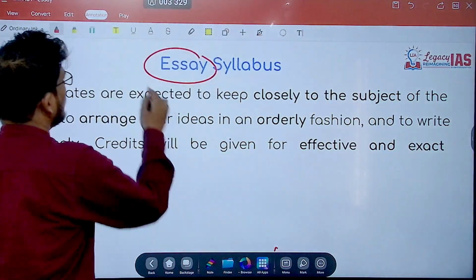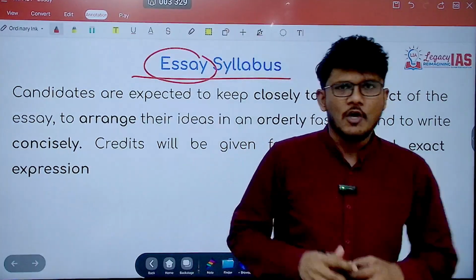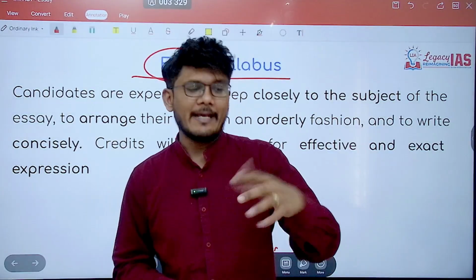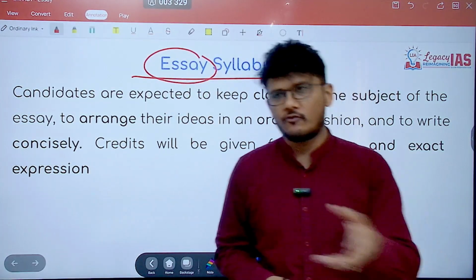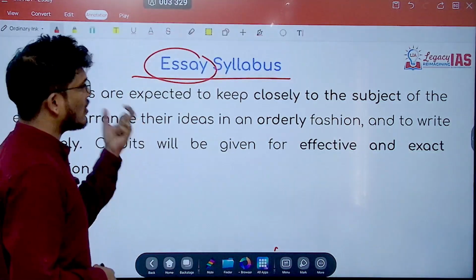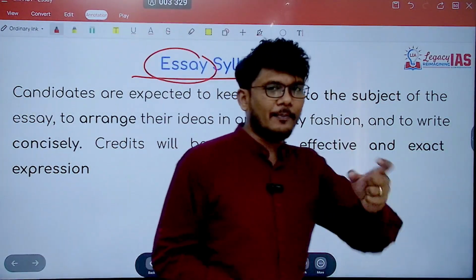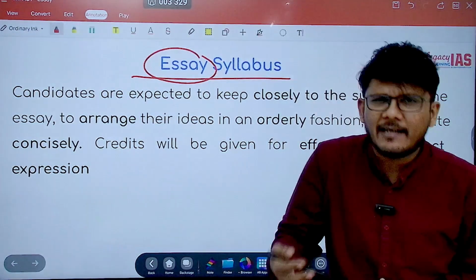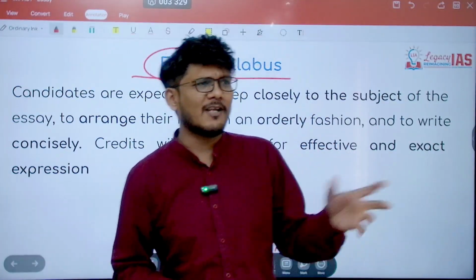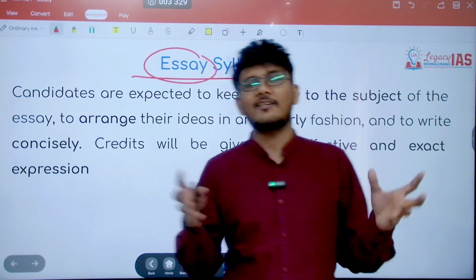So let's get started. First things first, the syllabus of essay. So there is no specific syllabus of essay as per UPSC. Like it's there for, let's say, for example, history, geography, etc. But whatever bit we know about essay or how to write it, it plays a very important role. In fact, I would say at times, arguably, it can play a more important role than your syllabus for, let's say, history. What is the syllabus for history?